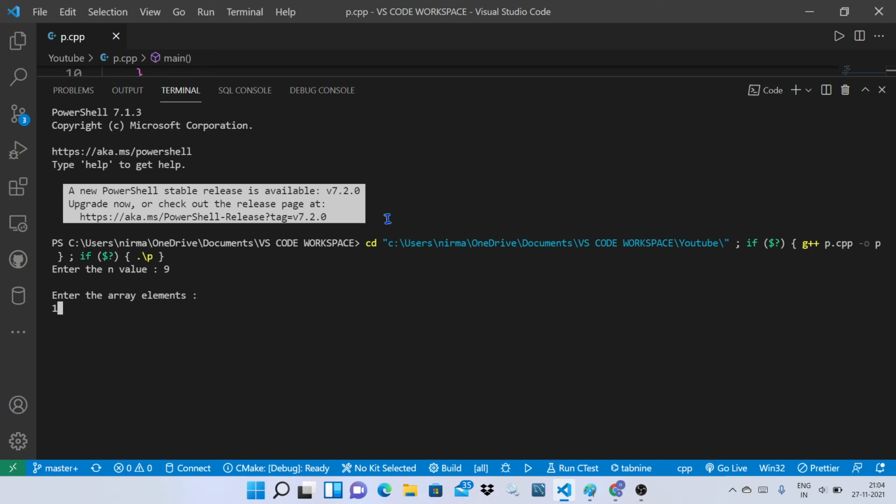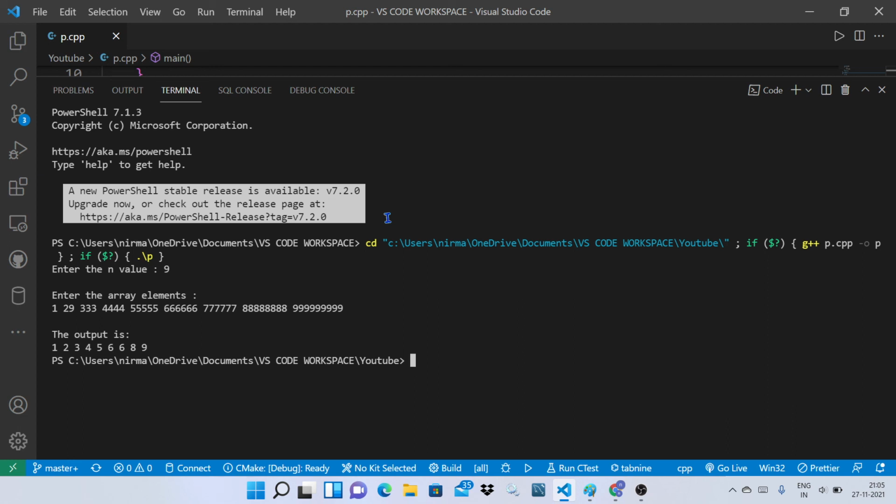I'm entering 129, 333, 4444, 55555, followed by 6 number of 6s, followed by 7 number of 7s, and then followed by 8 number of 8s. At last I am giving 9 number of 9s.